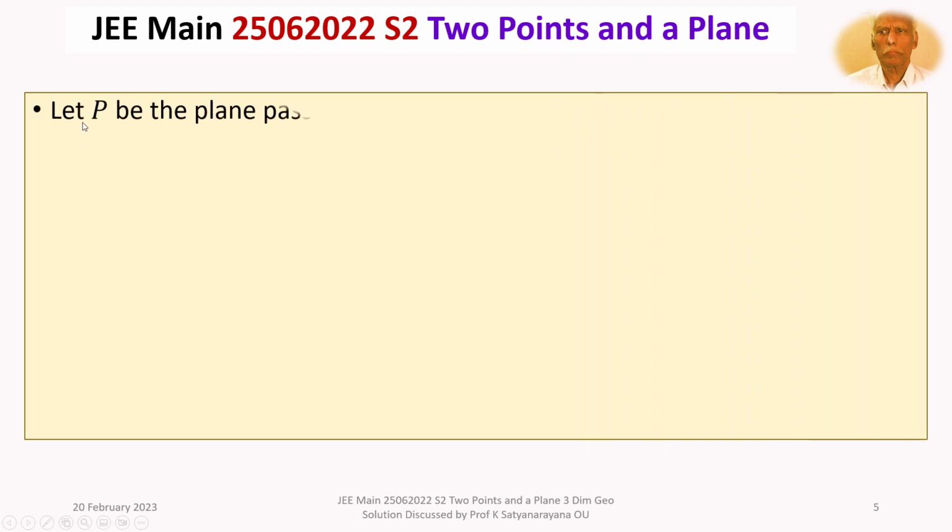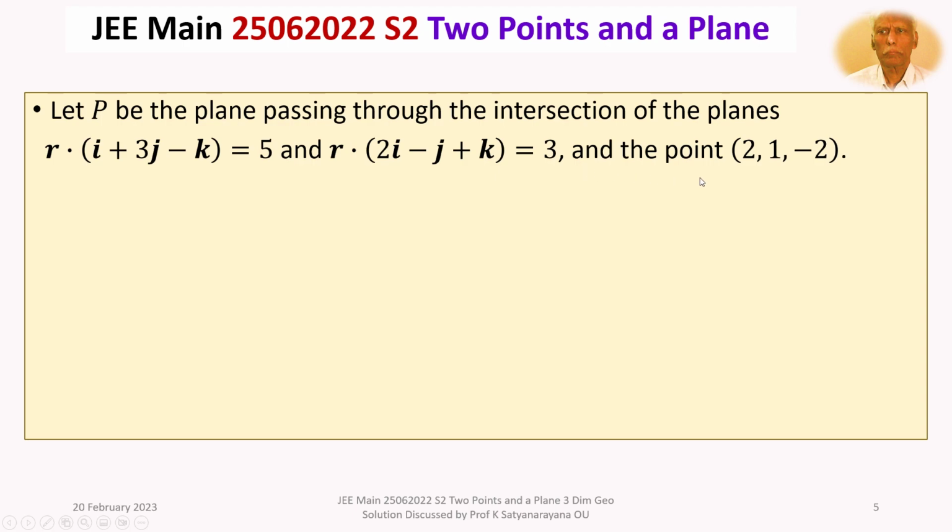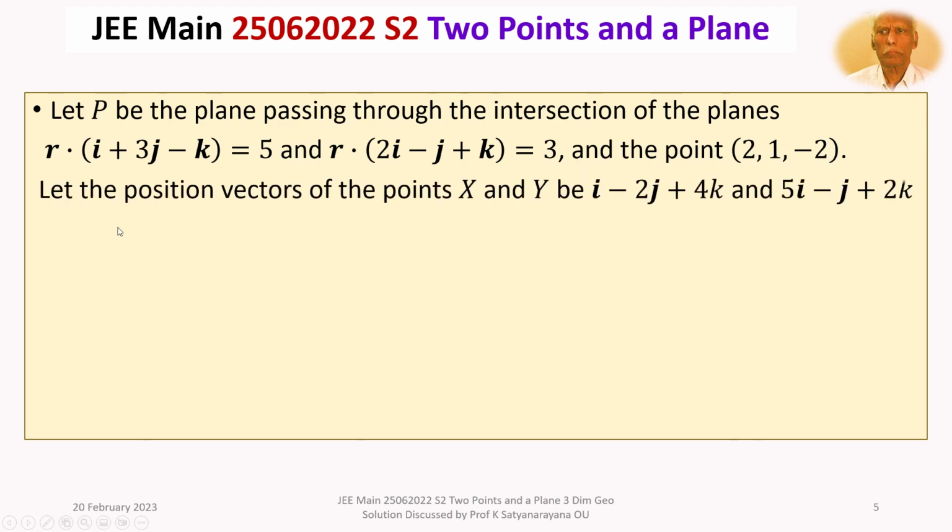The given question is, let P be the plane passing through the intersection of the planes vector r dot (i plus 3j minus k) is equal to 5 and vector r dot (2i minus j plus k) is equal to 3, and the point (2, 1, minus 2). Let the position vectors of the points X and Y be i minus 2j plus 4k and 5i minus j plus 2k respectively. Then the points X and Y,